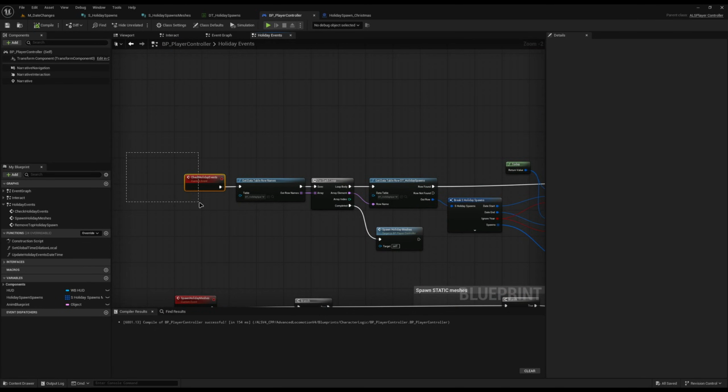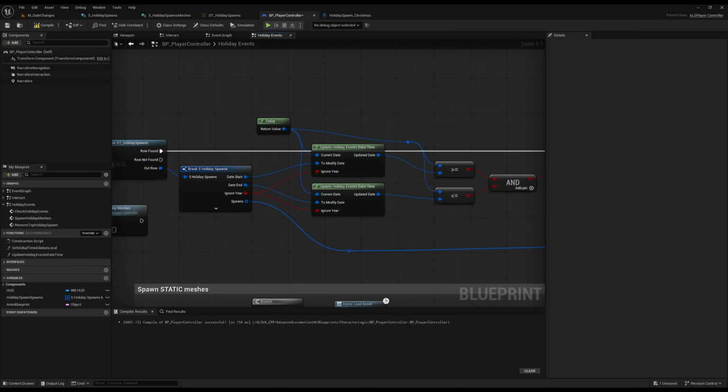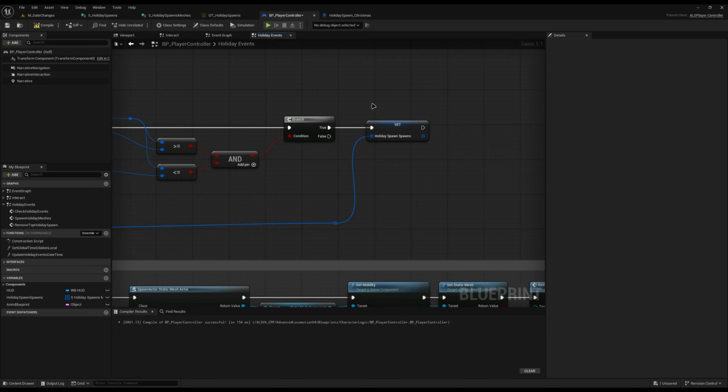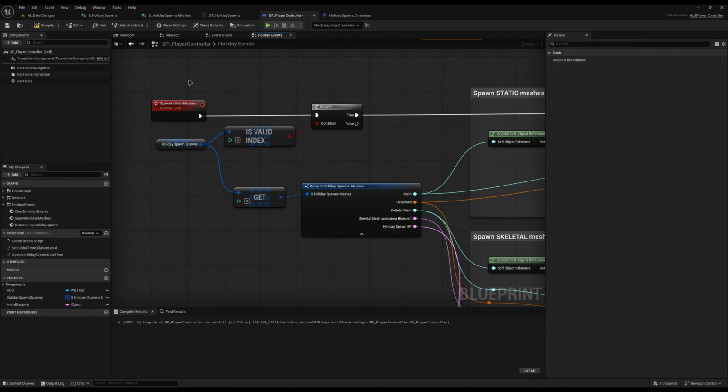We start at the very top when we call check holiday events. We loop over our data table. We find the one which matches our date. And if it does, we then call holiday spawns. Then after it finishes, it comes to spawn holiday meshes, where it comes down here and it will loop over